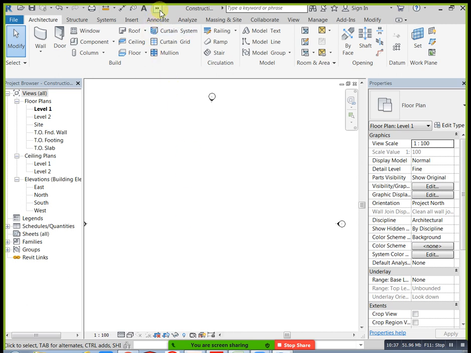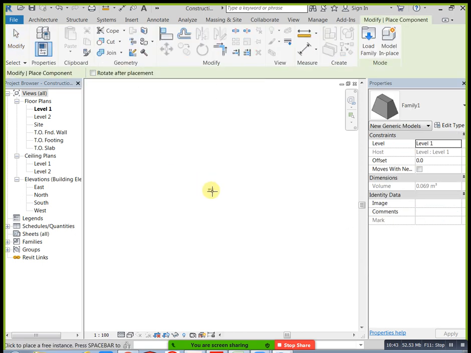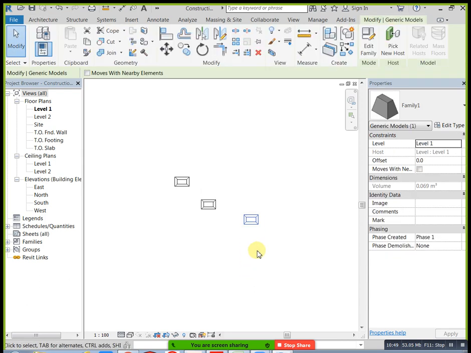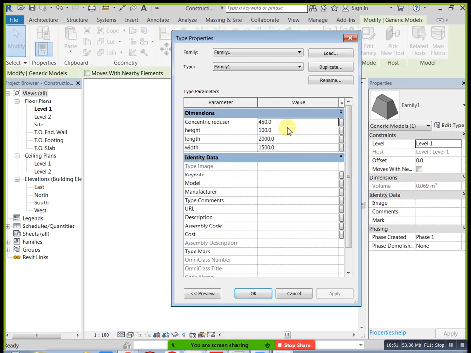Sorry, place a component. Just click on place a component. See, this is our model now. If you need to change this one, edit type; here we have only one possibility. These three remaining previous objects we already have by default. If you don't need them, you can delete them, that's not a problem. If you need to change this one, you can change it directly.